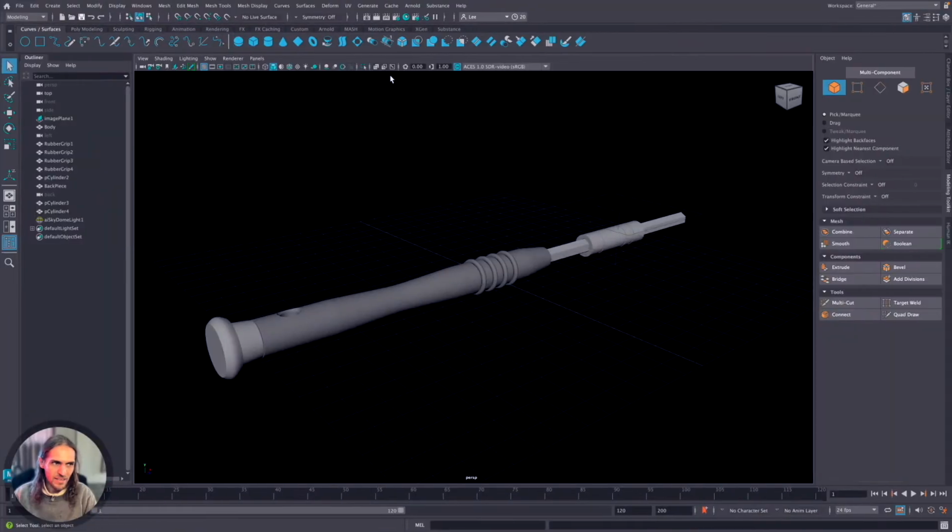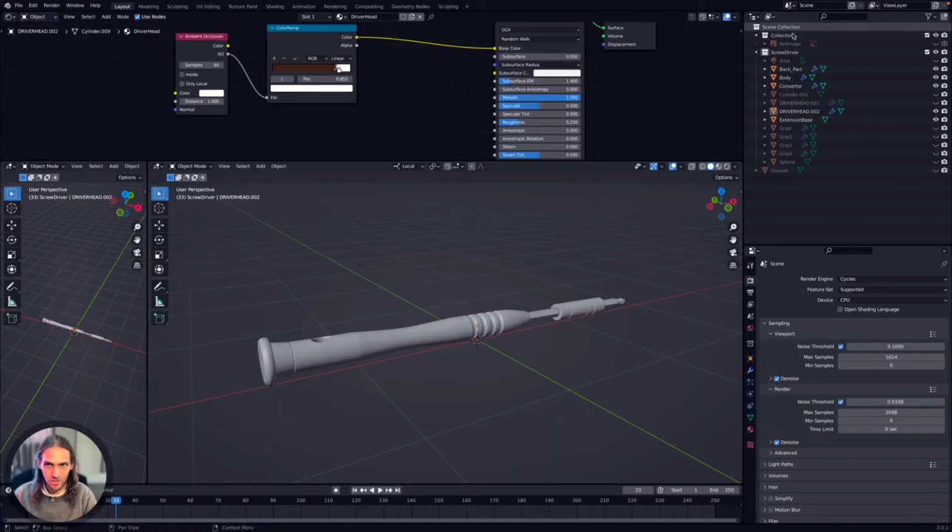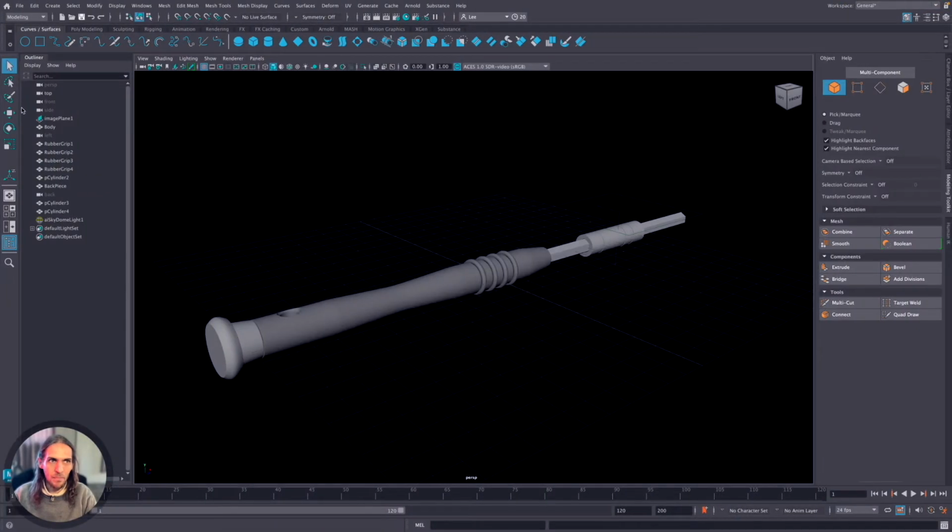Alright, the second thing is that in Blender you've got your collections. In Maya you have your outliner where all your different objects are. There's a lot more to outliner than I was able to explore. I know that you can create hierarchies, you can sort of group things together, and within those groups you can also manipulate. So for example, I can have this whole screwdriver within a hierarchy and then I can rotate it,